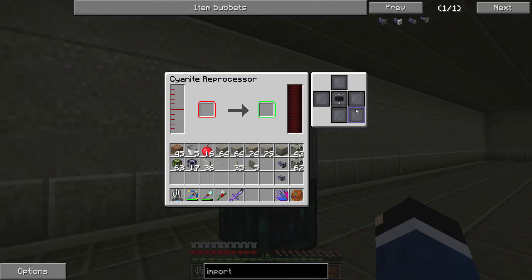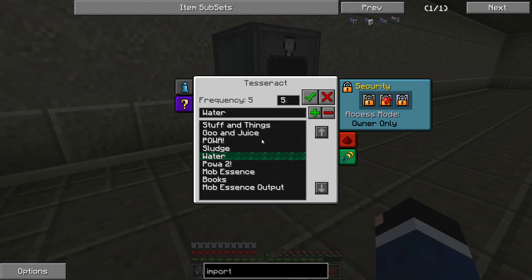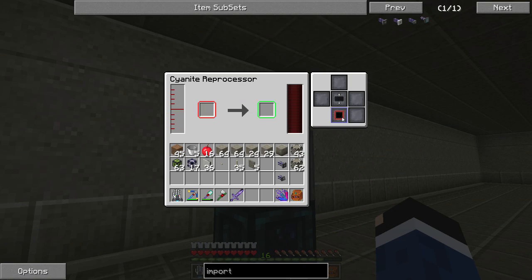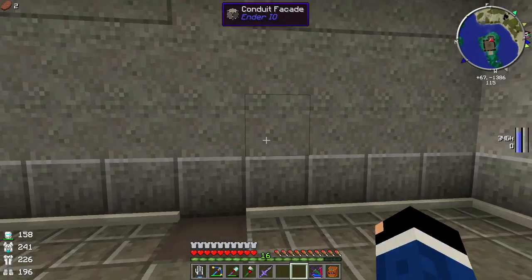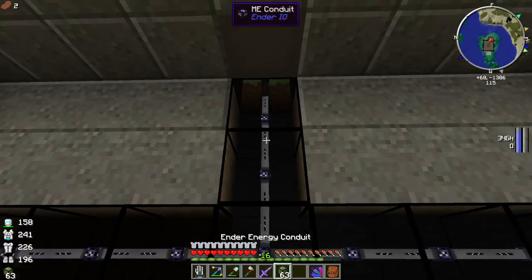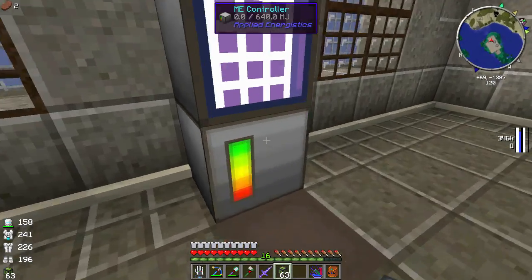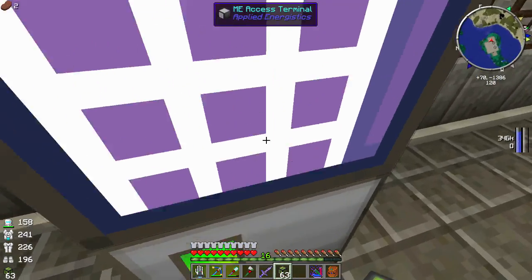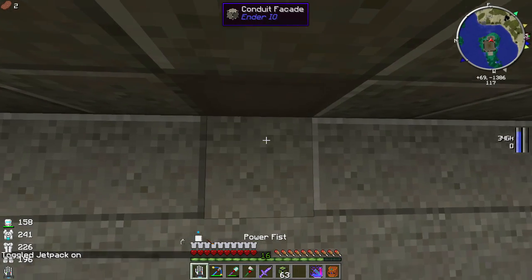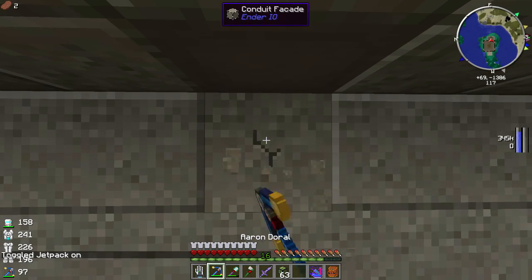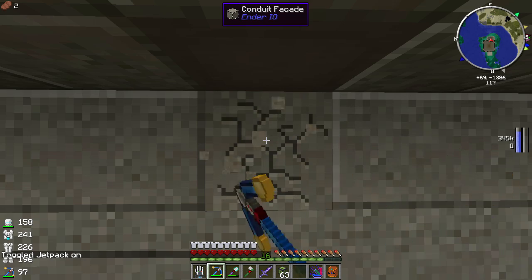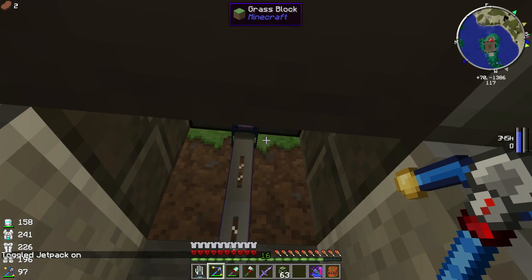So there's a cyanide reprocessor. We've got our tesseract down here. I already set it up for water. We should be able to squirt water in here. Bam, we got water. So then we need an input side and an output side, and it needs power as well. So for power, I think... Oh, crapo. What I did was set the Tesseract outside, and then I put a cover on the back so you couldn't see it. So what we should be able to do here,